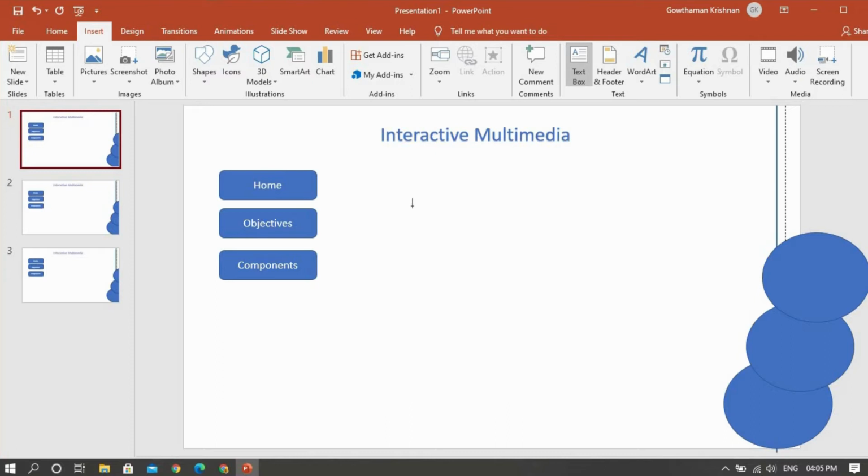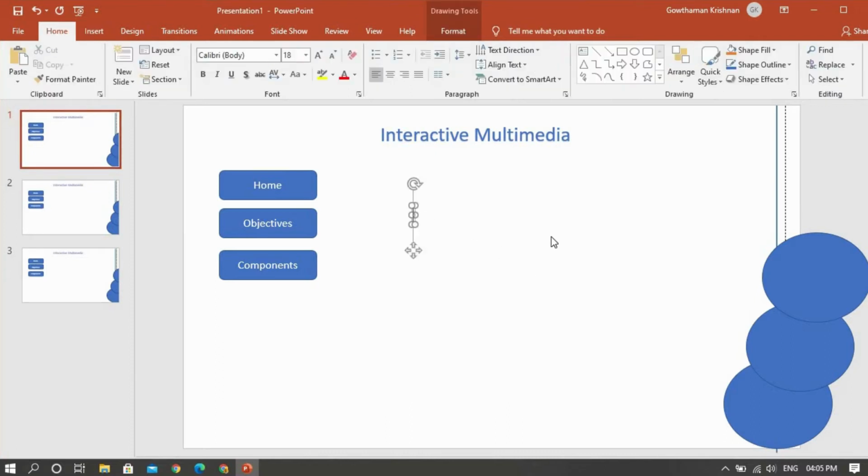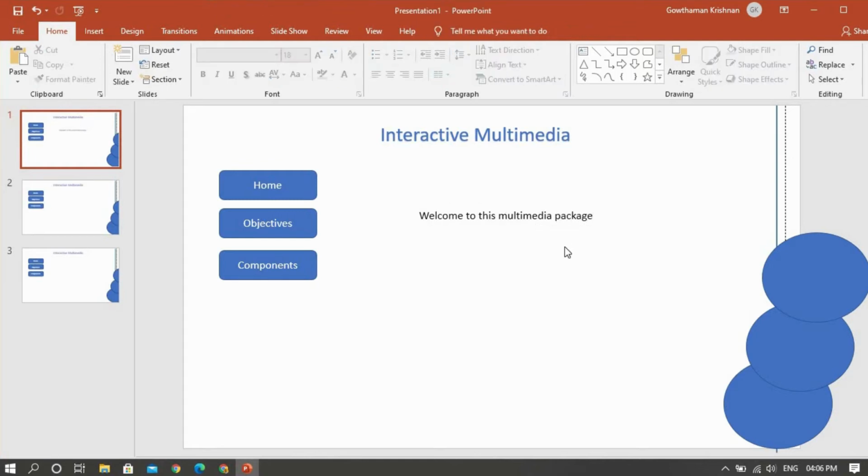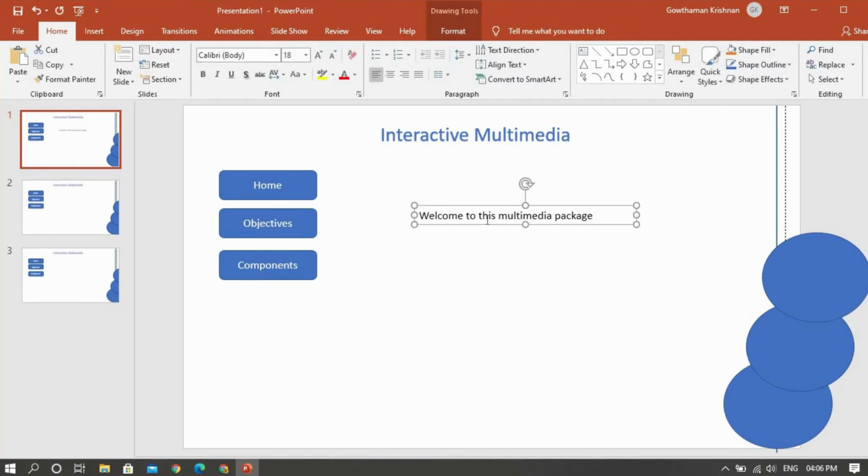You can create a text box and then write it here, for example, welcome to this multimedia package. So this is the thing. I can make it bigger.